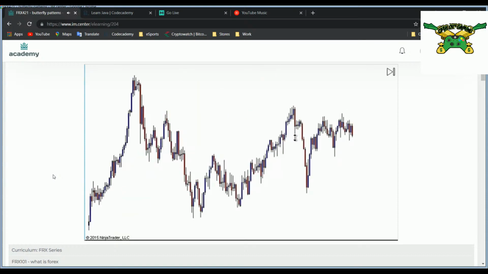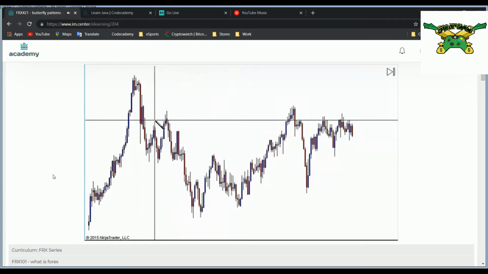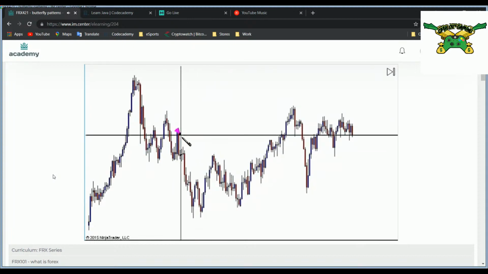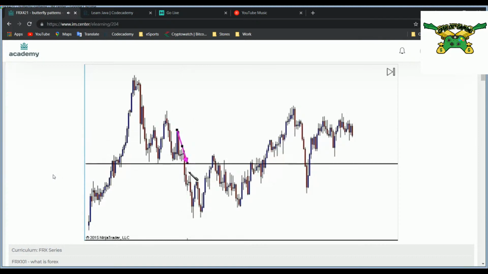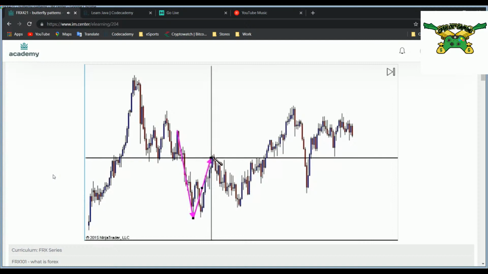In this example, we will show the butterfly pattern. And then we're going to discuss variations, and we will explain that. Let's first start with a swing high and then a swing low. If we look at the butterfly pattern from the high down to the low, the market then makes its retracement